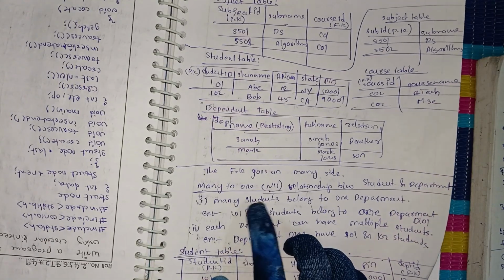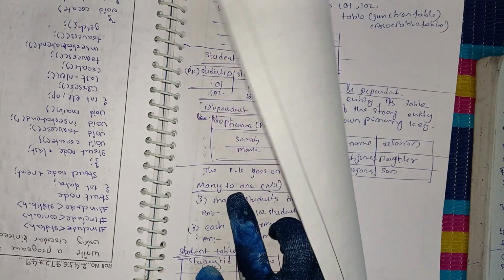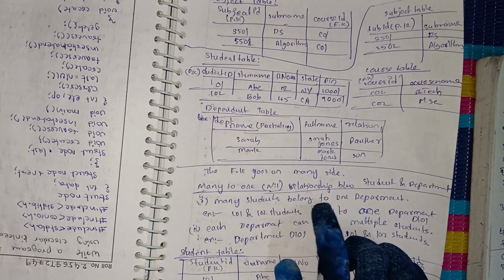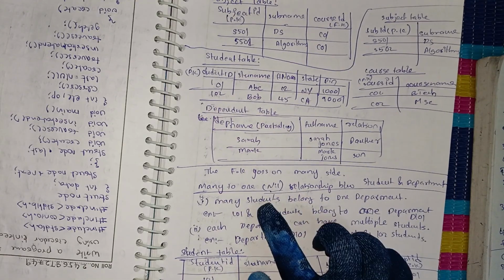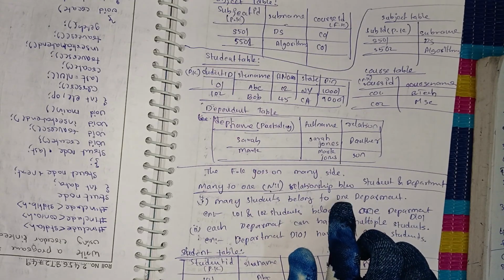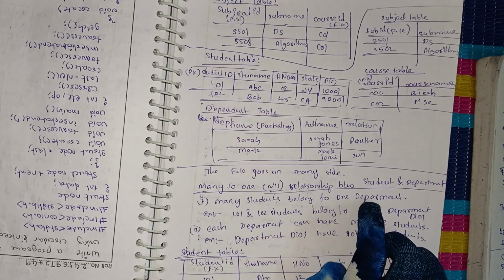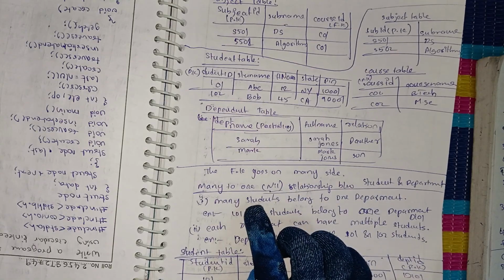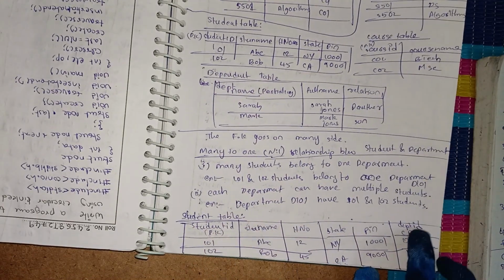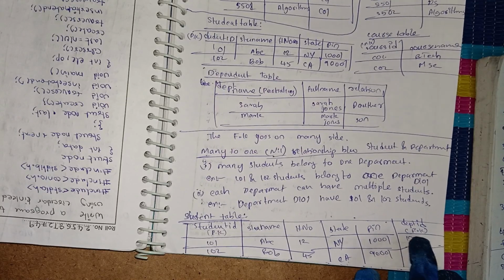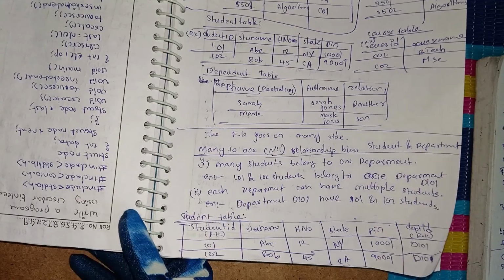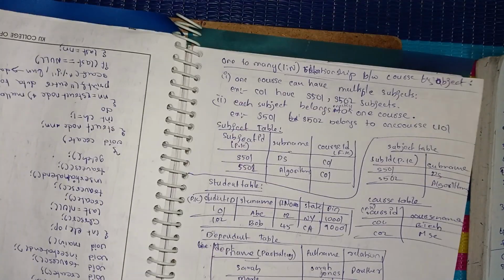So we have generated a statement according to mapping cardinality, that is many to one, that is many students belong to one department, meaning the student table is the many side and the department table is the one side. So we are placing the department table's primary key in the student table. By updating the student table, meaning inserting department ID as a foreign key, we got the output table and we have established a many to one relationship. Okay, and then